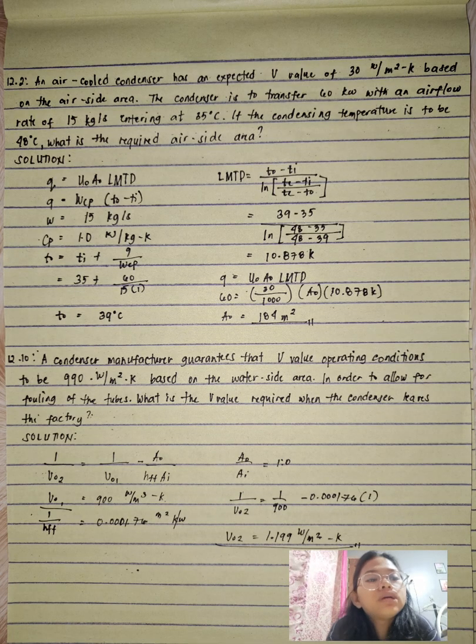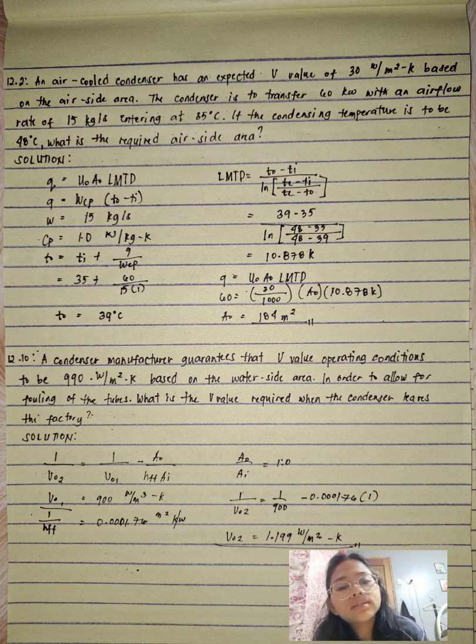For the next problem, 12-2, an air-cooled condenser has an expected U value of 30 based on the airside area. The condenser is to transfer 60 kilowatts with an airflow rate of 15 kg per second entering at 35 degrees Celsius. If the condensing temperature is 48 degrees Celsius, what is the required airside area? So to solve for our solution,